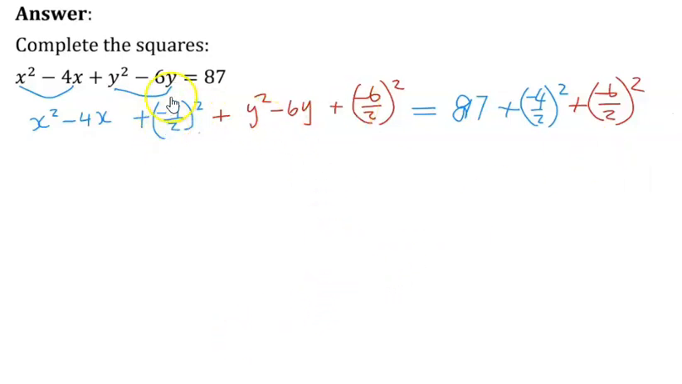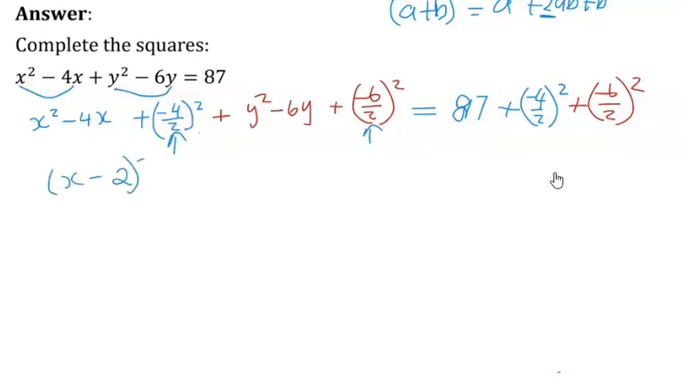Why am I adding that? Remember, we're getting it from (a + b)², which will give me a² + 2ab + b². So in this center here, I always have double what I had, and that's why I'm dividing by 2 each time. So I can now rewrite this as (x − 2)² + (y